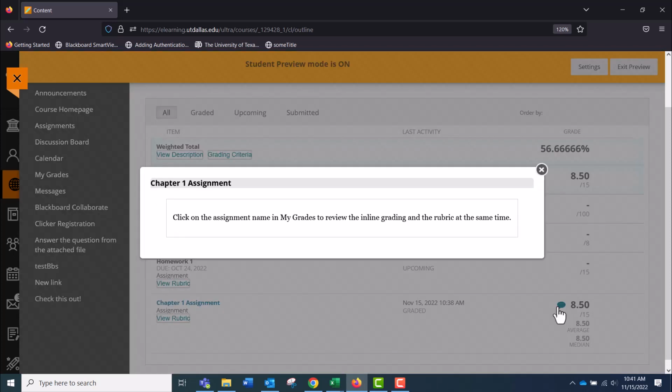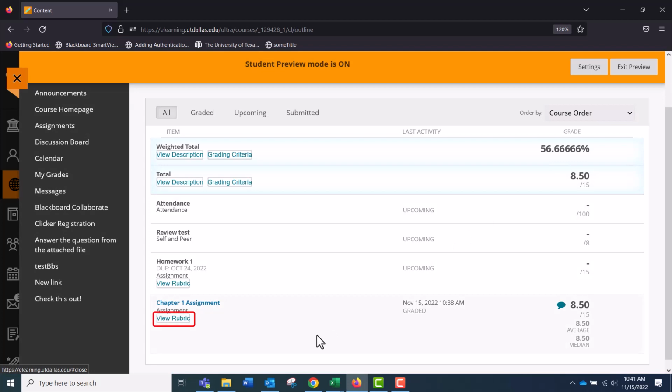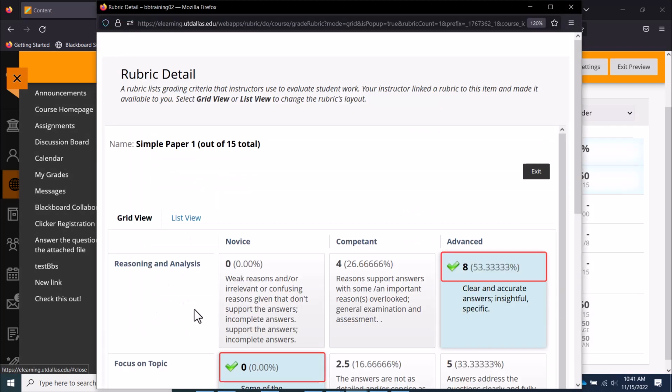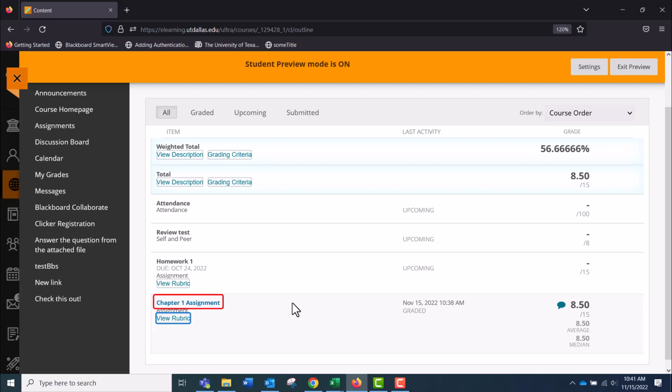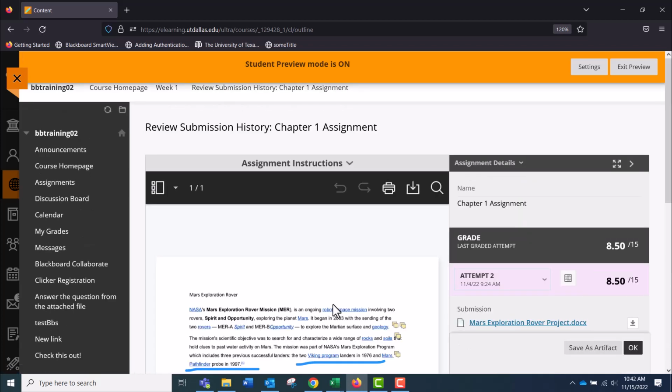If I click on this, I can see the feedback. If I click on the View Rubric, I can see my scores on the rubric. To follow directions, I need to click on the assignment name to view my inline grading and the rubric at the same time.